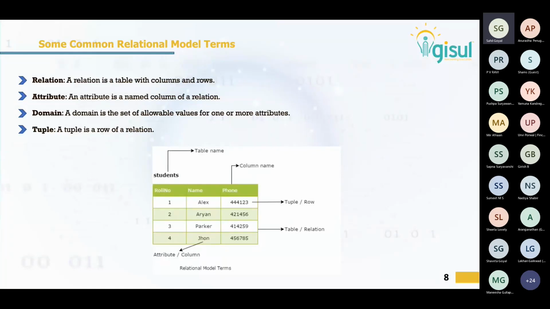Attribute, and there is going to be domain as well. So this is where the relational data model is going to be defined, where we will be creating the tables. Tables will have the name of the table. They will be having the columns. They will be having the rows, and with the other tables, they will be creating